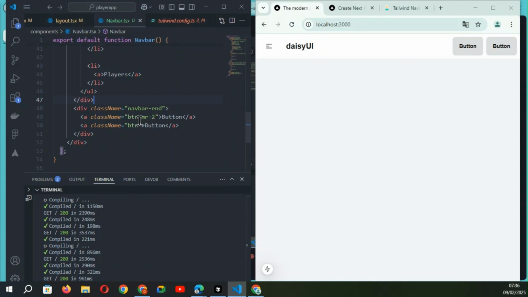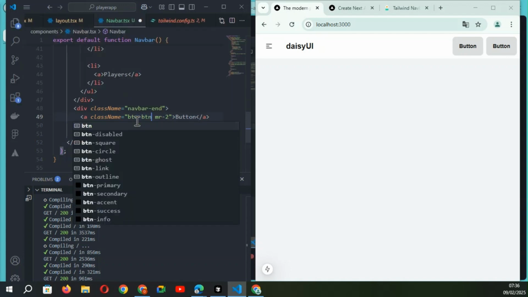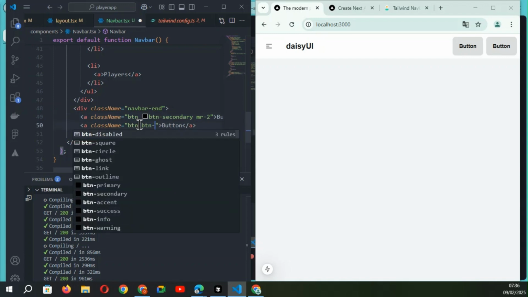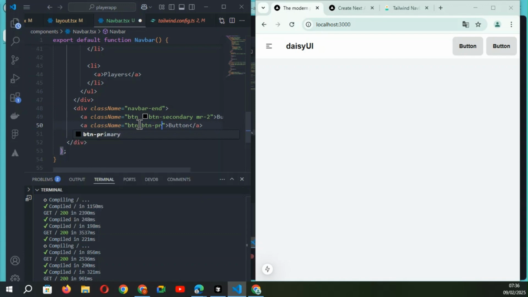So in Daisy UI, on my button, I can write BTN secondary, and on the second button, BTN primary. And when I save,